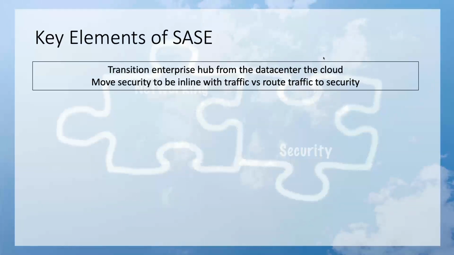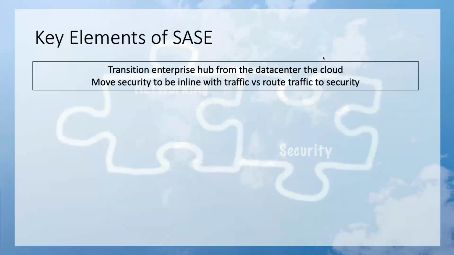There was always a headquarters, right? There was always a data center where all your traffic was. That was the hub of your hub-and-spoke networking. And instead of moving your traffic to your security, you're putting your security in line with your traffic. So it flips that around. It removes all of those inefficiencies we talked about, where I have this security stack somewhere, in my data center, in my headquarters, maybe at my branch offices, but I have to route all my traffic to that security. The whole idea of SASE is for that to go away.